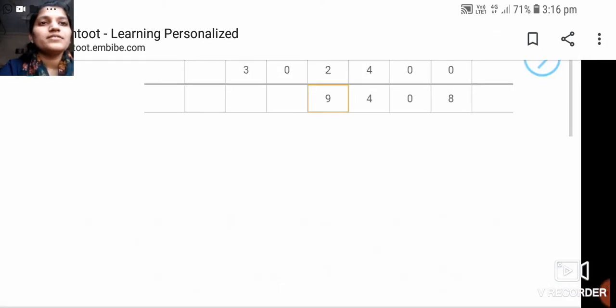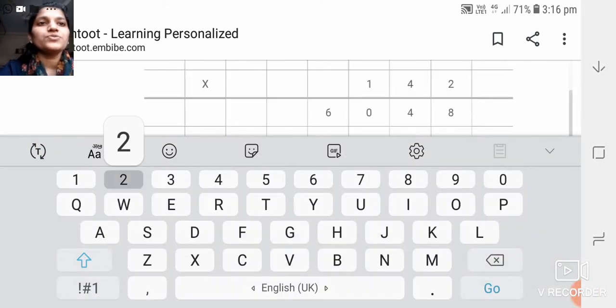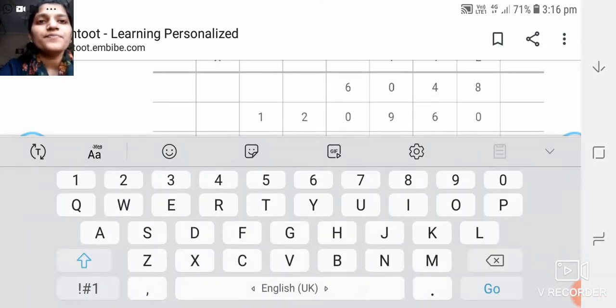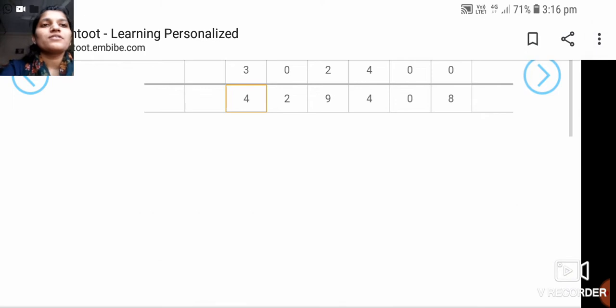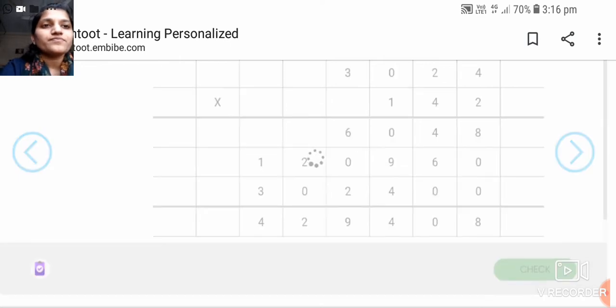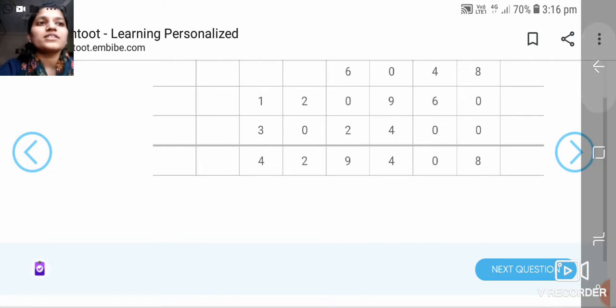Okay. Then next we are going to add the 10,000 places. 2 plus 0 is 2. Then we are going to add the lakhs places. 1 plus 3 is 4. So this is our final answer. First of all, we have multiplied the number by all three digits. Okay, and then we have written 3 steps, and then we have added all the 3 steps. So our final answer is 4,29,408. Yes, this is our correct answer, as we have got the next question.